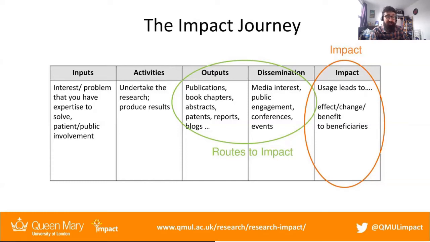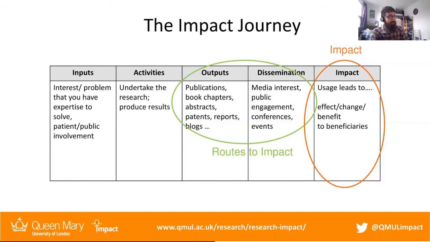That includes generating media interest by developing media contacts, potentially. Public engagement is a very good way to interact with different community groups. For Queen Mary, at least, we have a very strong public engagement unit called the Centre for Public Engagement. Obviously this will be different for other people on this call, but have a look at your institutions and organizations and see if there's something there that can help you. Likewise, conferences, whether you're running them or attending them, are a great way to disseminate your information. And finally, events. If you can put on an event tailor-made for the people you think would be very strong stakeholders in your research and your impact, the more the better.